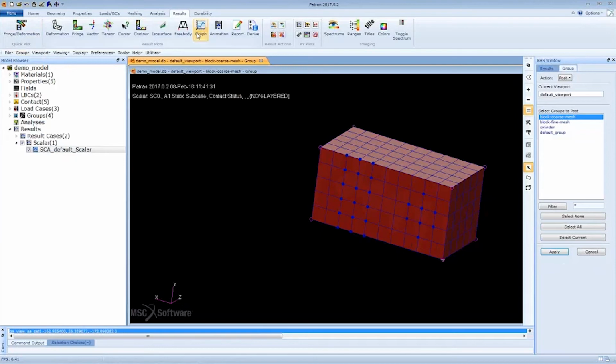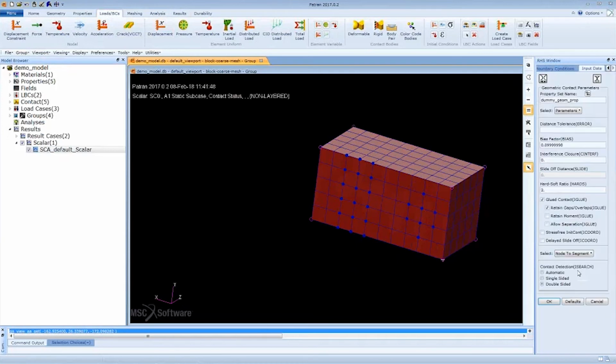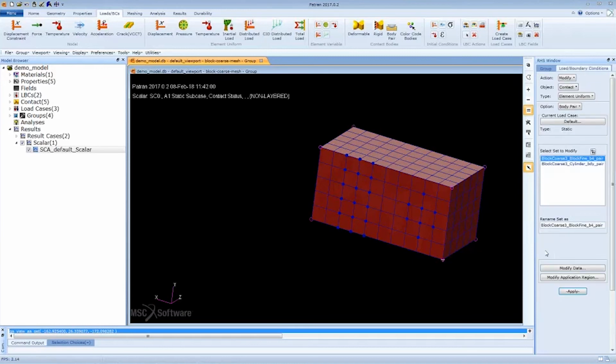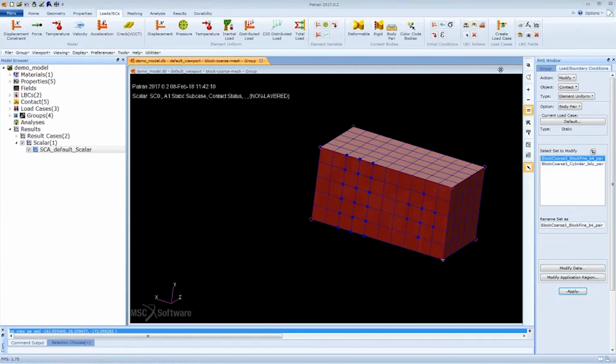Now, if I go into my load boundary conditions and I switch my contact and change the search method from the double-sided to an automatic or to a single-sided and define my master and slave properly, I have run the model again, and you're going to see that I will get a better contact. So that's one thing that I want to mention, that for node to segment, it's very important how you define the search method. So we recommend to use the automatic method, and also it's important how you want to define